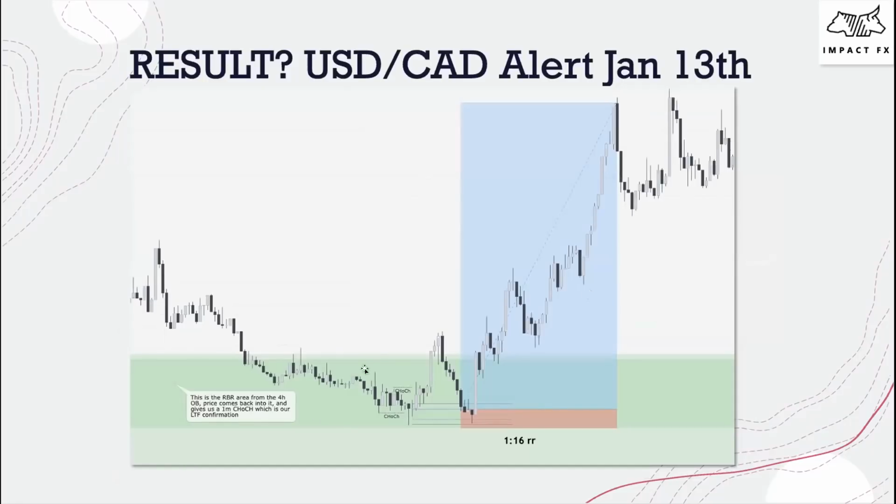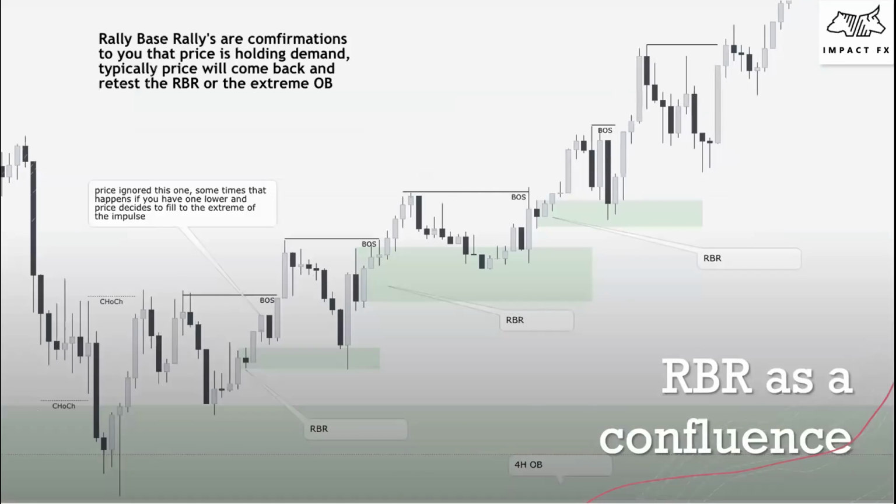and we have this green area on the 1 minute that is the rally-based rally. And what do we get? We end up getting a 1 minute chalk, a retest, boom, price takes off. That would be your confluence trade, okay? Let's go through